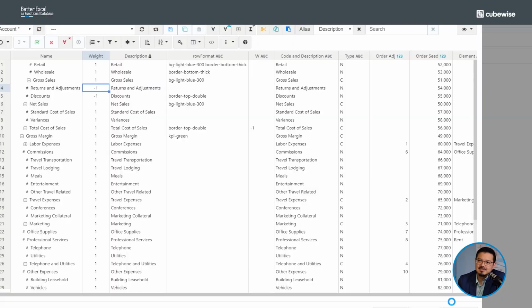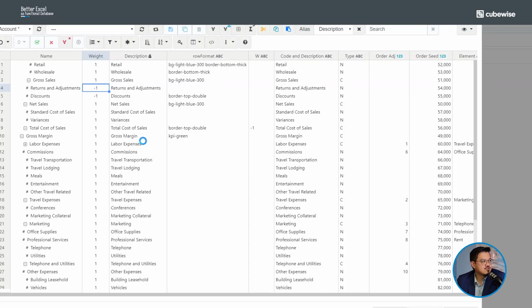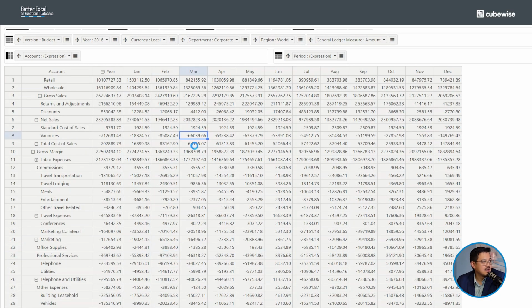In the functional database, like Planning Analytics, it stores the metadata within your chart of accounts. So you set it up once and it's set up everywhere for everyone. So if we have a look at this screen here, we've got a very similar situation where we've got discounts, returns and adjustments, and they have a negative weighting that adds up to net sales. And so when net sales computes, it will add up gross sales, returns and discounts. So let's see that in action. When I hit OK, if you have a look, my net sales is essentially gross sales minus returns minus